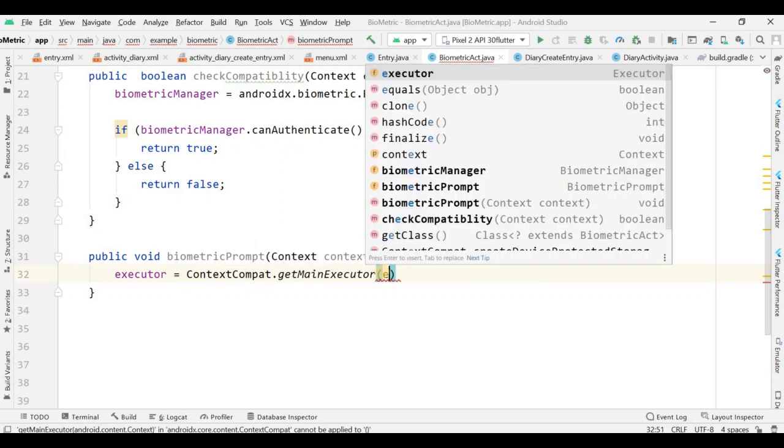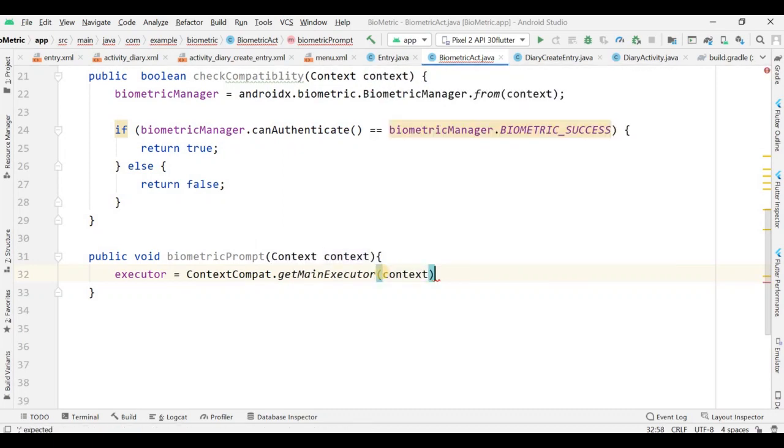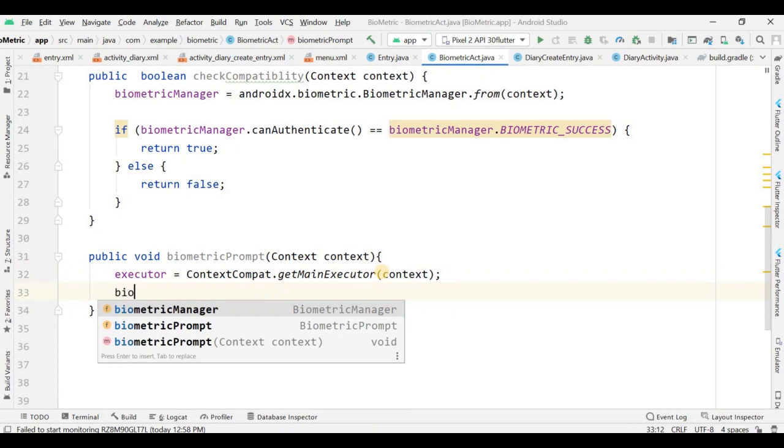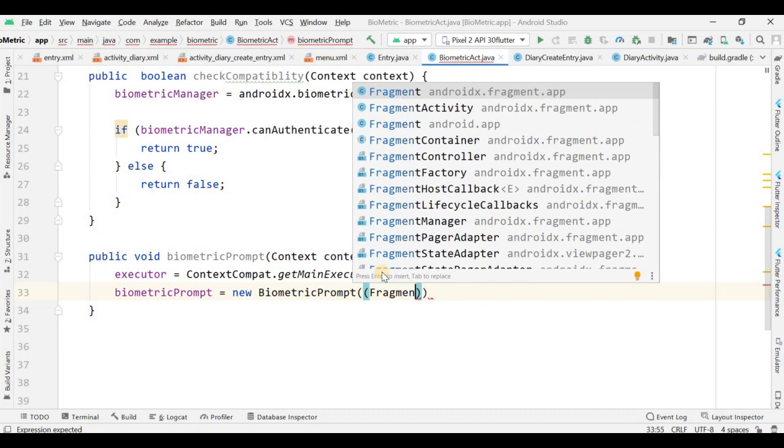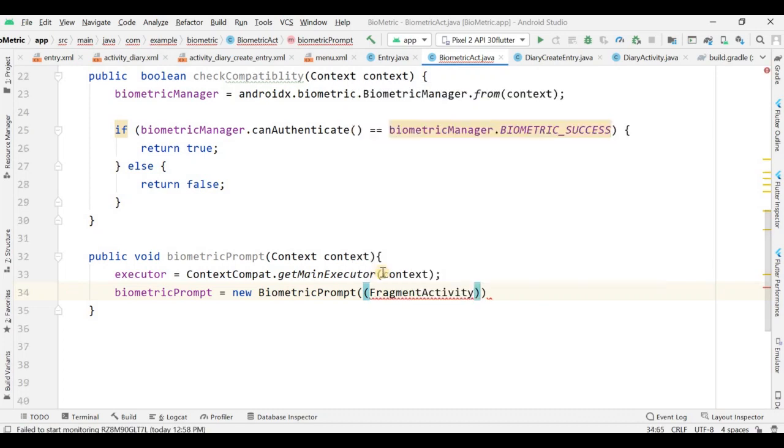Then what we are going to do here is to pass the fragment activity context. Okay, so the context is of type fragment activity, and passing the executor